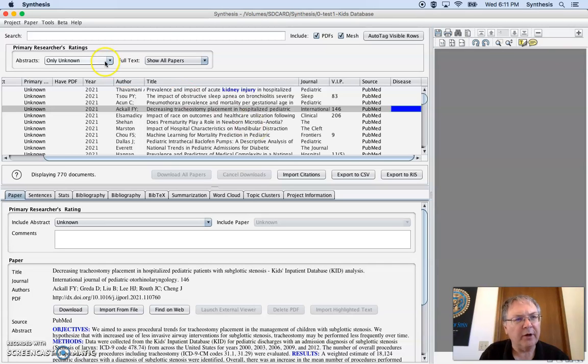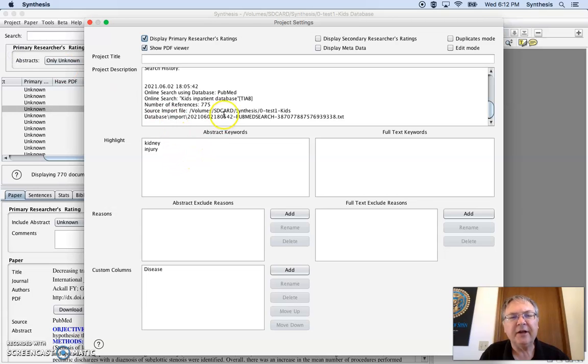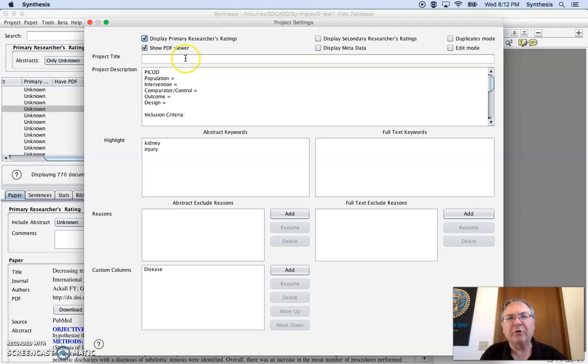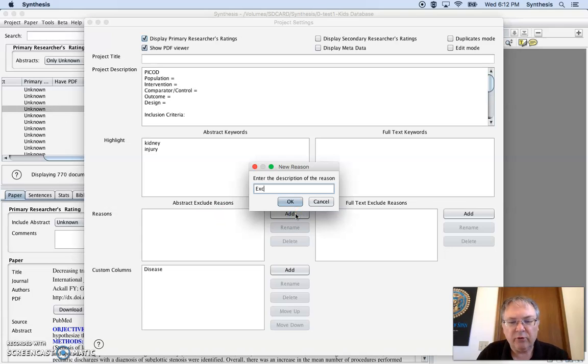We can also head into our project settings, and here it has a project title and a project description. You can choose which words you want highlighted in either the abstract or the full text. You can also add other exclude reasons. So if you want to keep track of why you're excluding something, you could just go add. And here we'll just go excluded, hyphen, and maybe we wanted to exclude all foreign language